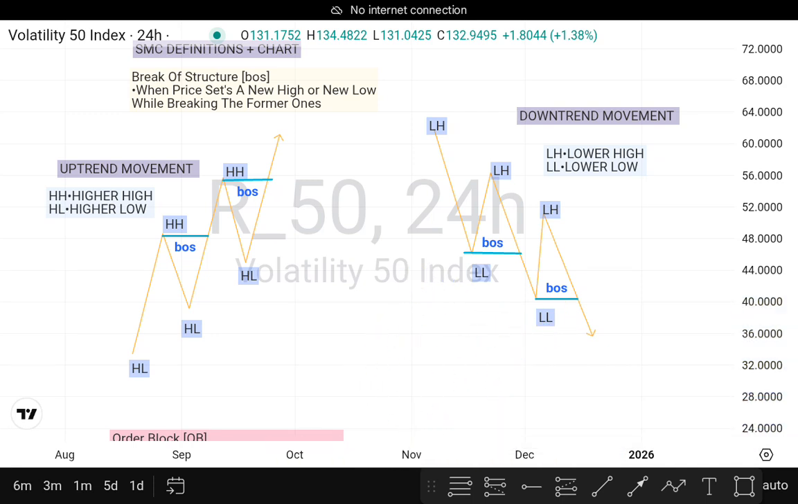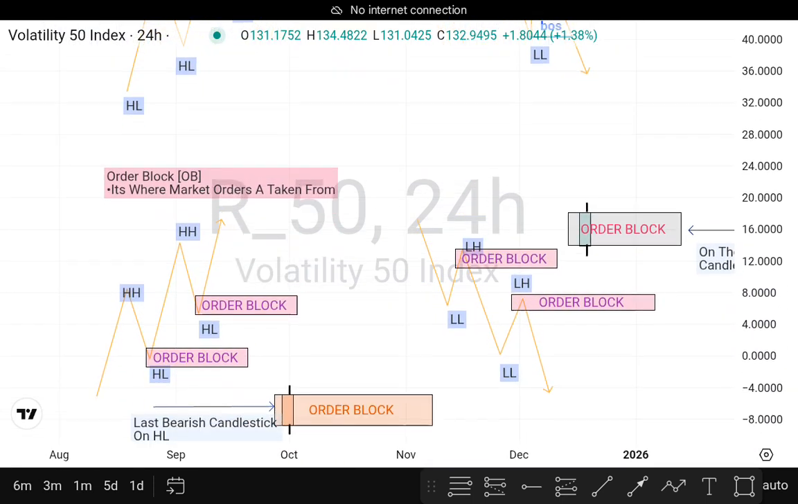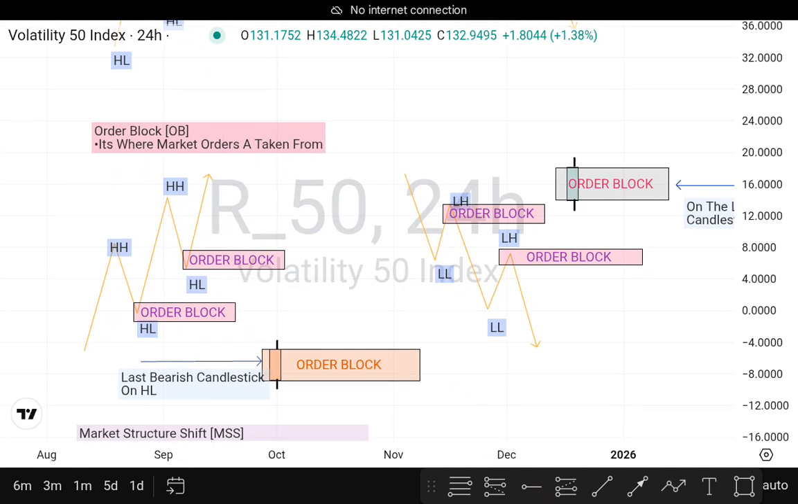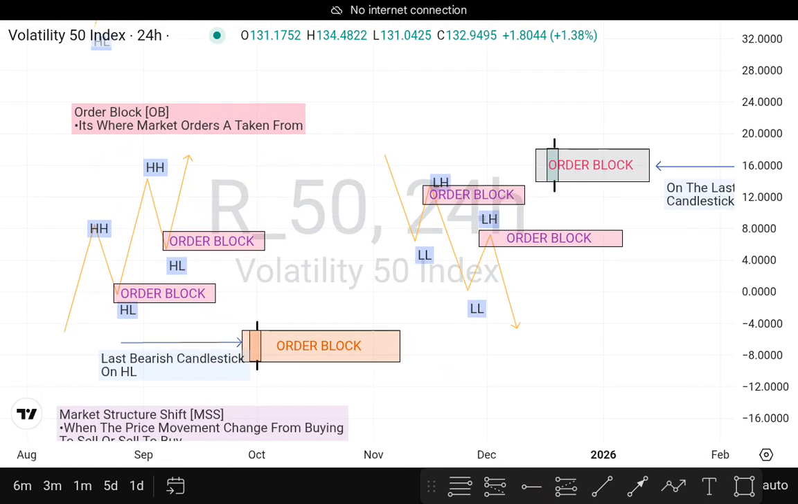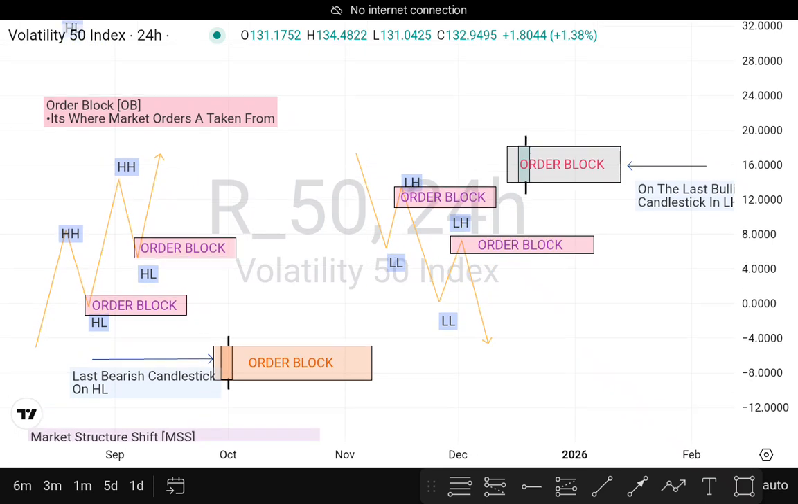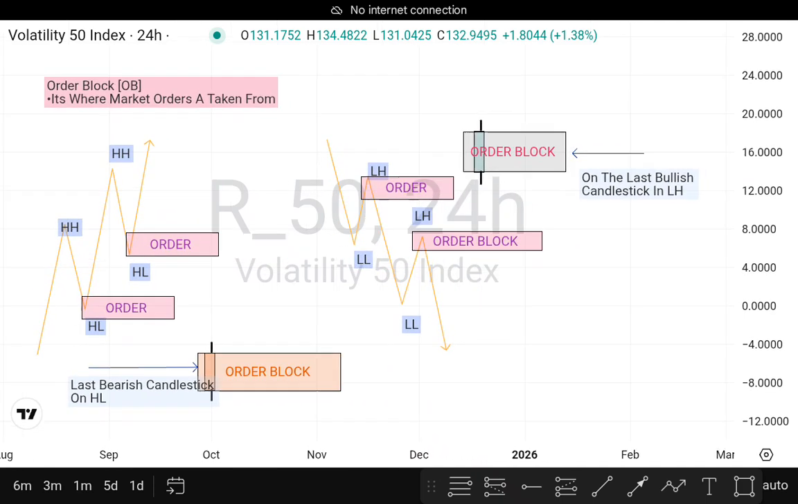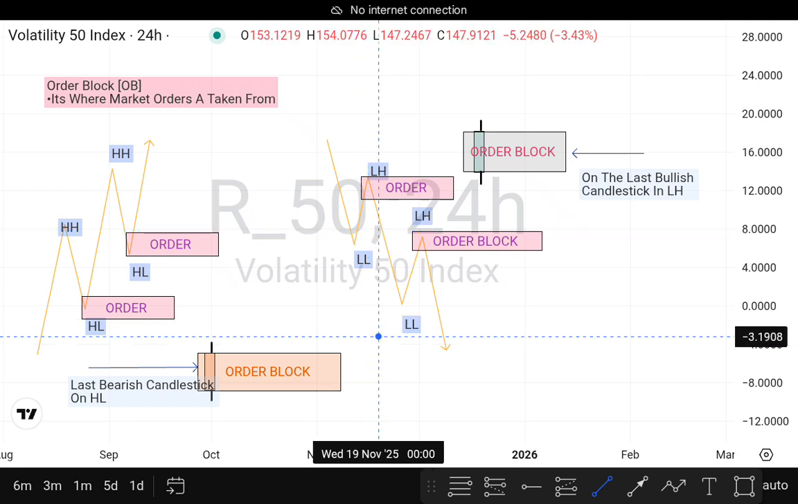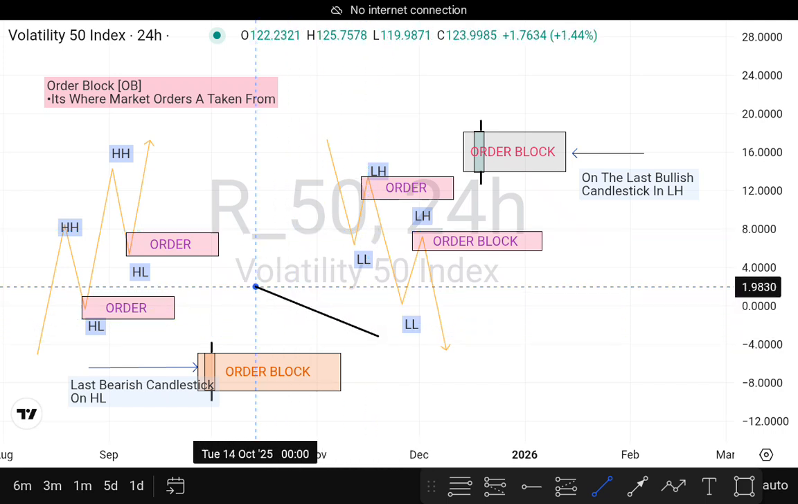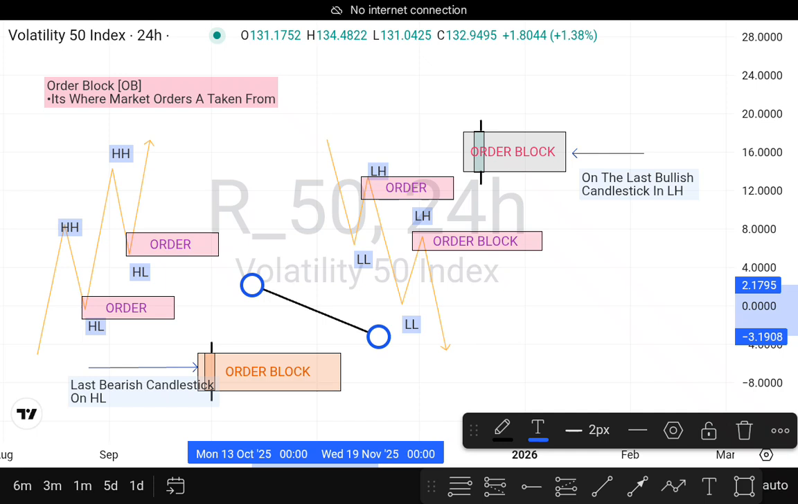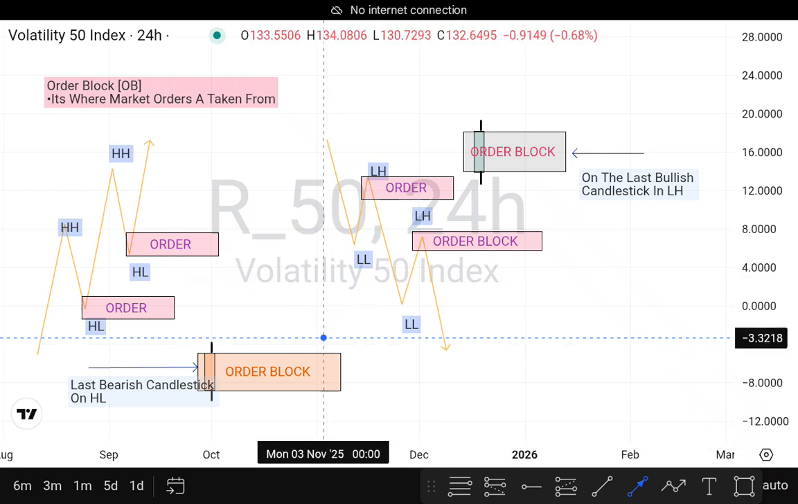Okay, number 2, it's an order block. We're going to focus on order block now. What is an order block? An order block is where market orders are taken from. When I say market orders, I'm talking about the buy and sell, because that's what we do in trading. We buy and sell on. As you can see here,